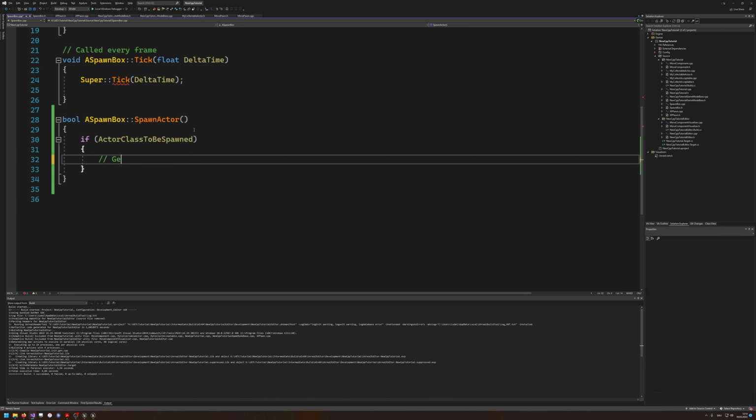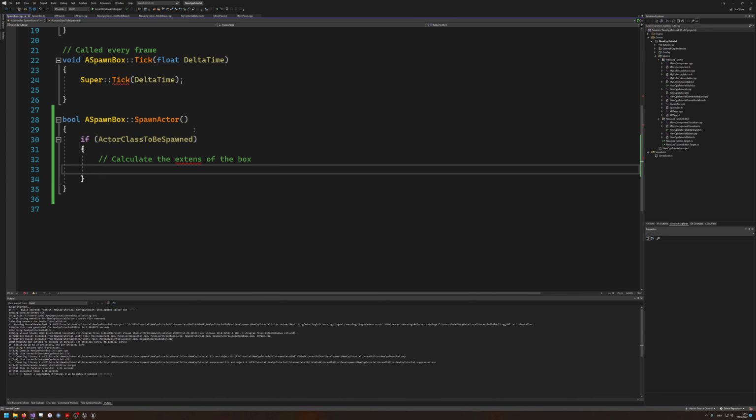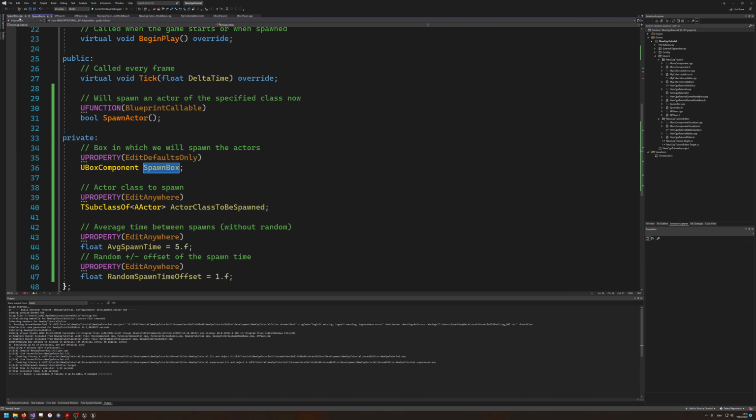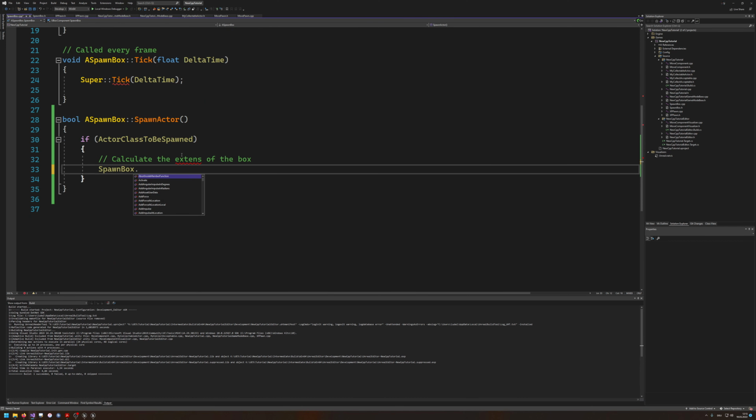Then we wanna calculate the extents of the box. So what I basically want to have is I want to take a look at my spawn box here, and I want to call a function here. We can basically calculate